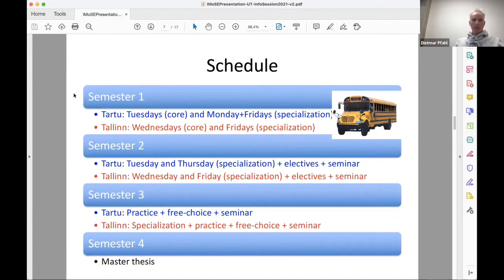So now comes this point about the logistics. Since last year spring, of course, we do not really have in-class teaching because of COVID-19. So all the courses are taught online, and also currently that's the case. So what you see on the slide, this nice school bus here, does not really operate at the moment.